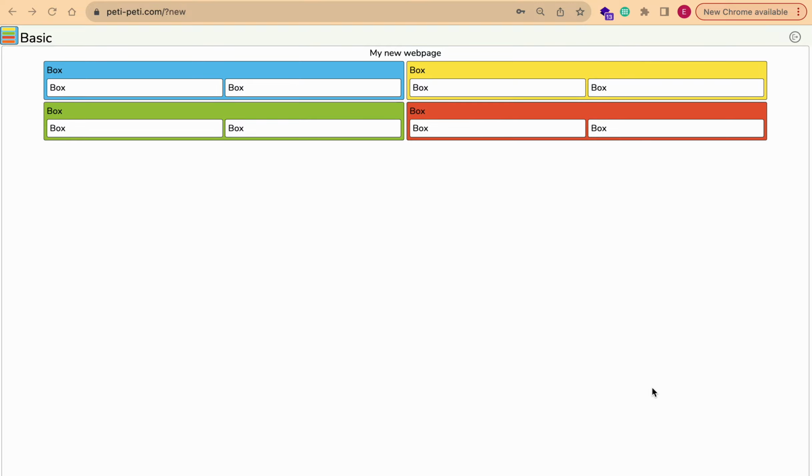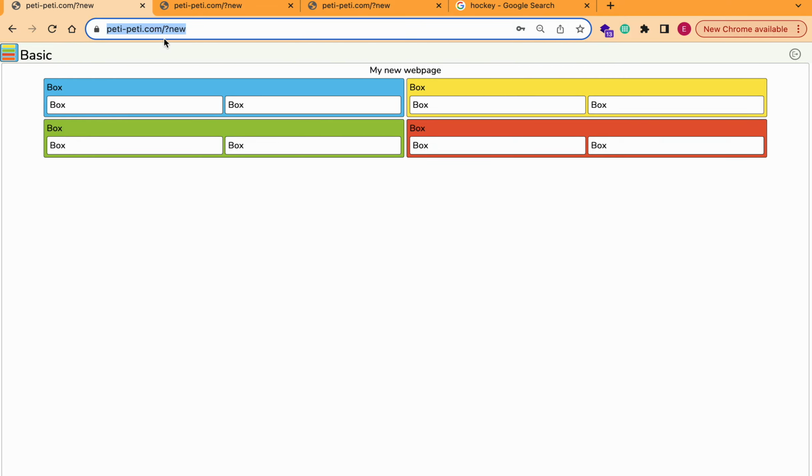I'm going to show you how to create boxes, how to move them, how to delete them, and how to copy them. All right, so let's start with a blank web page. As you know, you can start by keying in purdy-purdy.com, and then you get this picture puzzle and you click go below web page. But there's another way of coming straight to this page, which is to just type purdy-purdy.com with a question mark